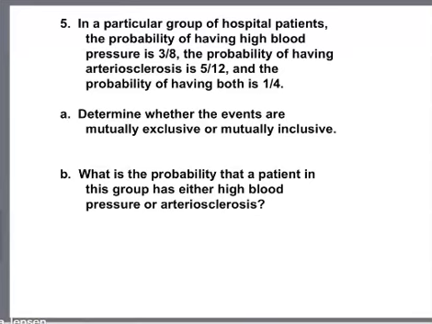So first of all, determine if they're exclusive or inclusive. Well, in this case, they are inclusive. And the reason they are inclusive is because there's overlap. Some with high blood pressure